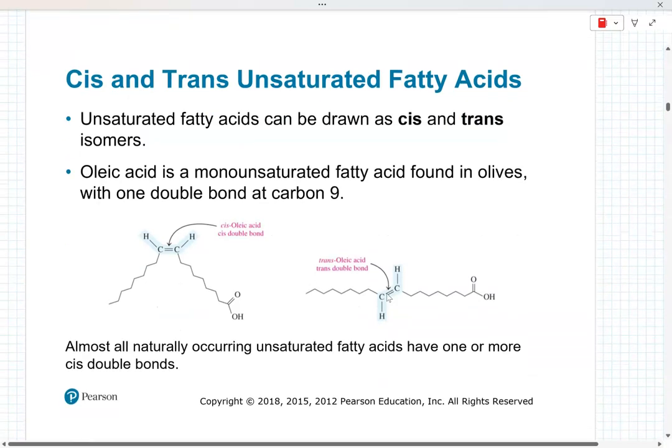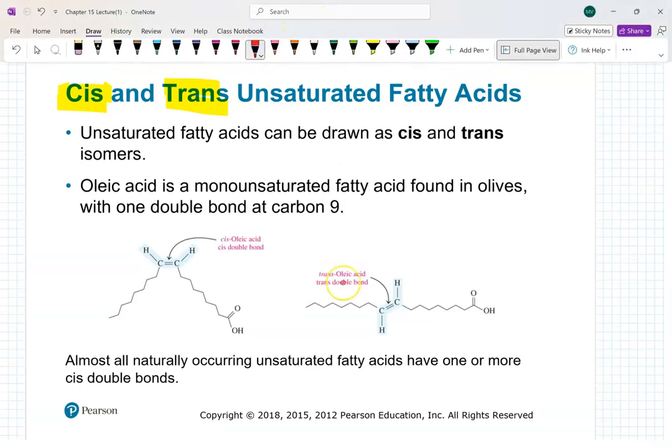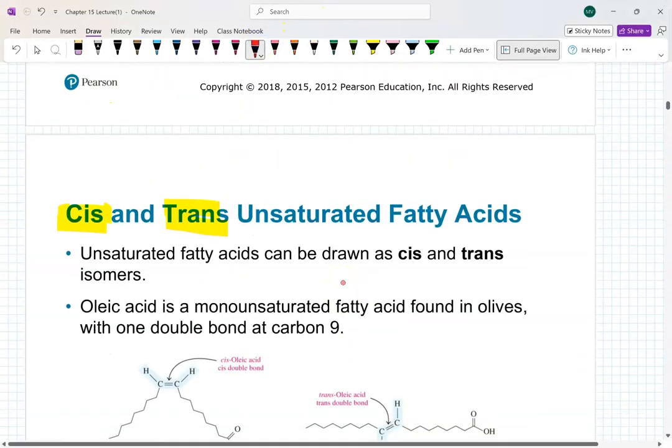Which brings us to this very important topic. Remember the chips story that we had in the very beginning? So now it becomes more and more important. Unsaturated fatty acids, the ones that have a double bond, can be cis and trans. We had this conversation, folks, about cis and trans isomers, remember? So the simplest example would be this. If you have 2-butene